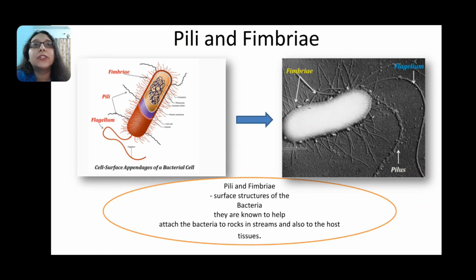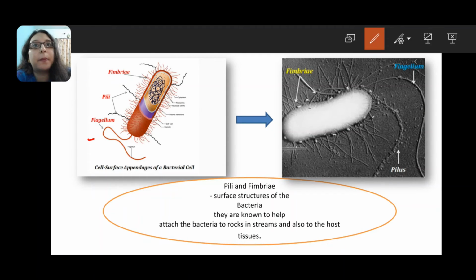So let's have a look at the picture. In the picture, we are seeing this flagellum. We know what a flagella is. Now, let's move to pili and fimbriae. I would like you to see the picture which is under a microscope. This picture shows that the brush-like structures extending from the outer surface of this bacteria are the fimbriae, whereas the rod-like structure extending from the bacteria is the pilus. And the flagella, we have already studied what it is.